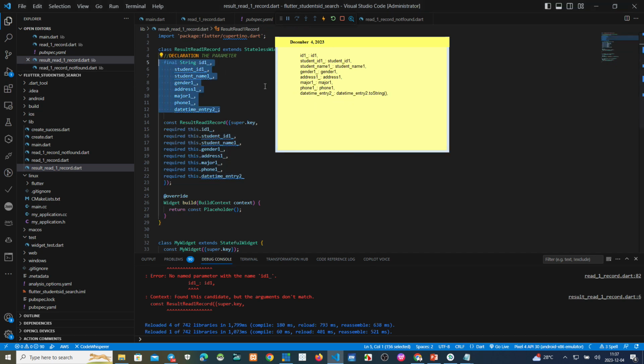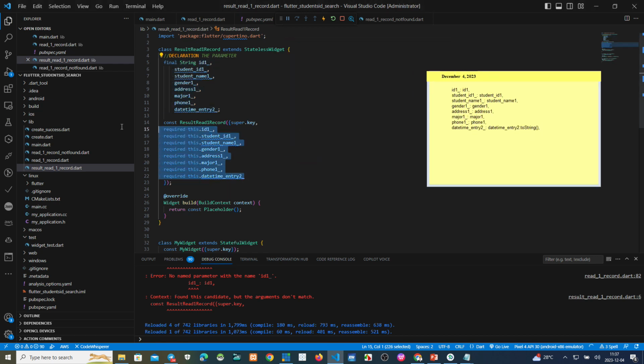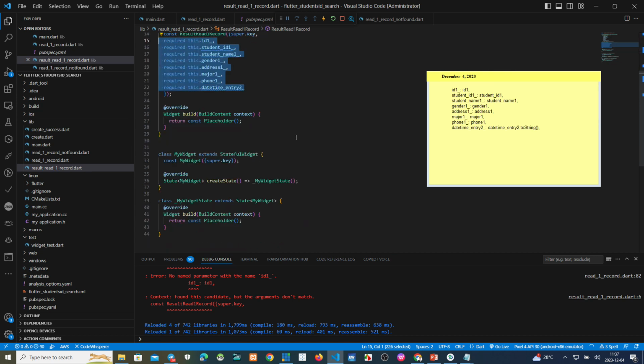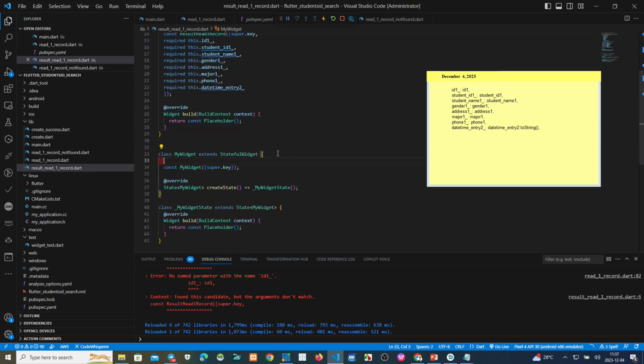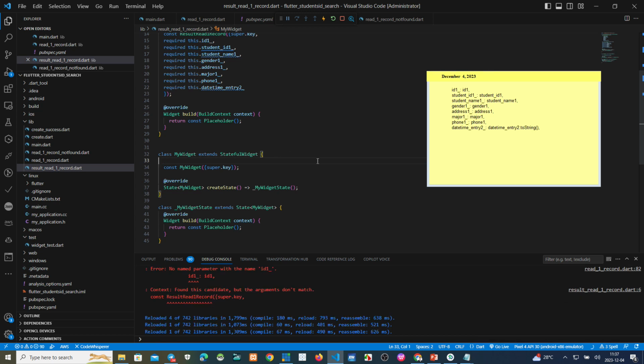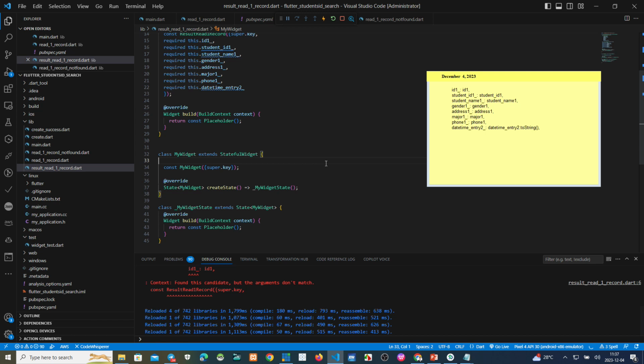After that we require all these parameters, and then on the stateful widget you must make a declaration first before you show on your screen.